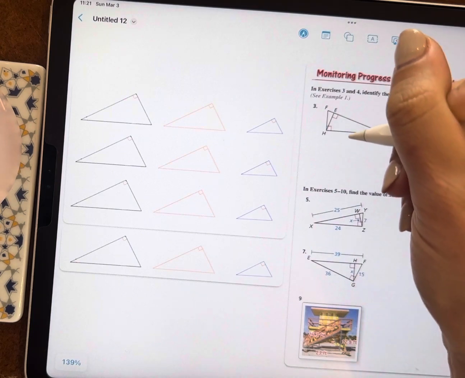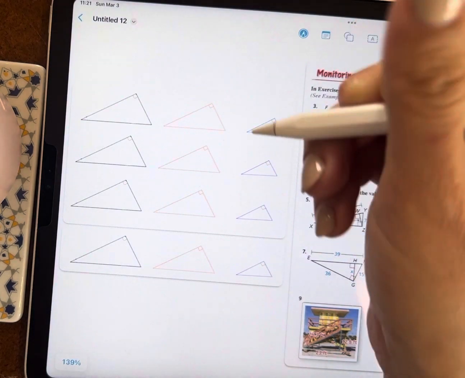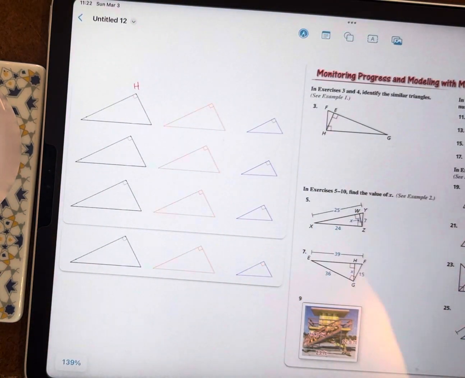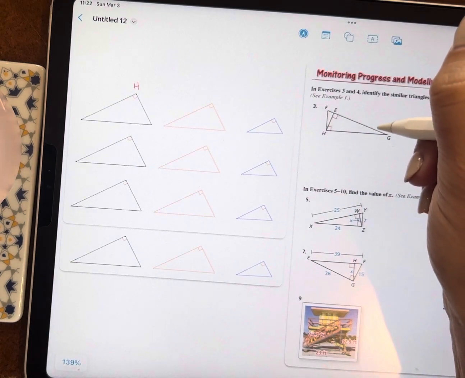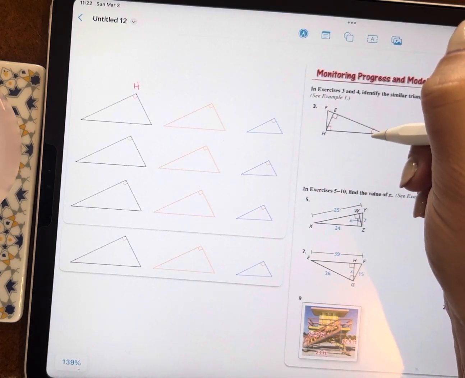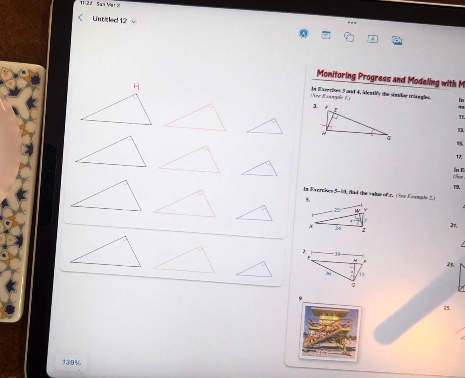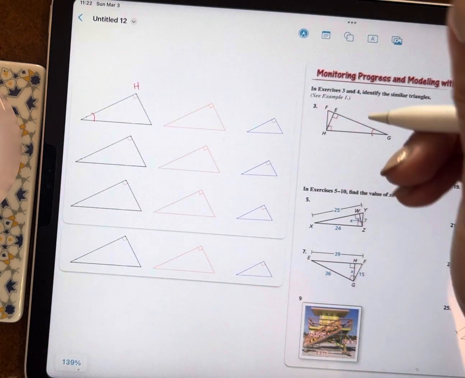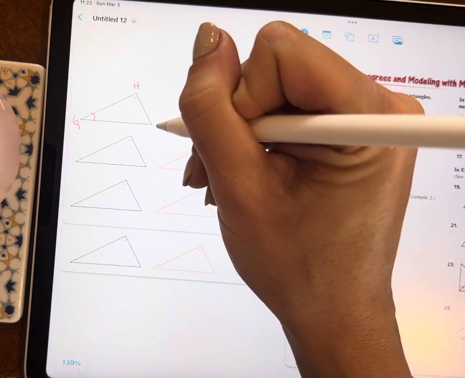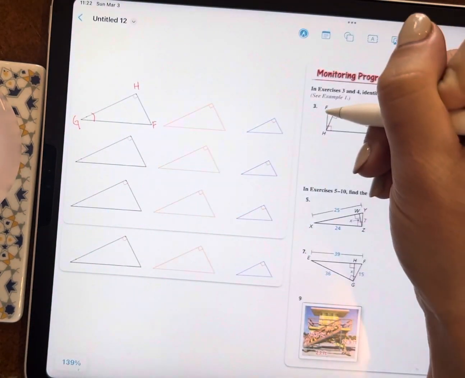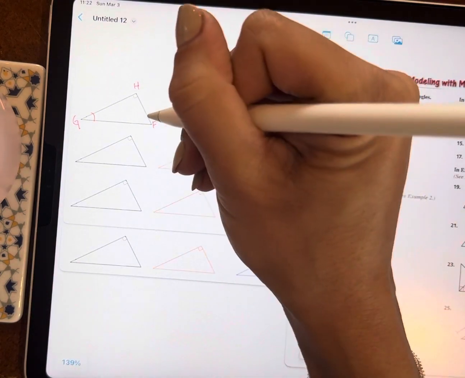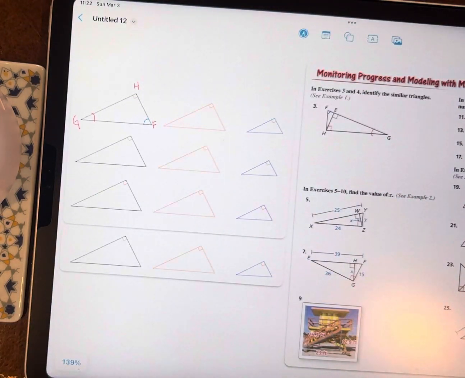We have the right angle at H for the big one. And then I've got G, the angle across that short side. And then I've got F, the other one. That's the big triangle. Let's make it a different color so I can just do that. Okay. Now,